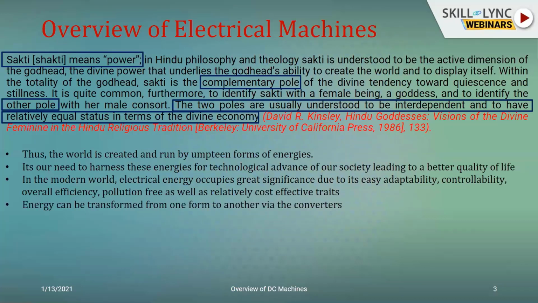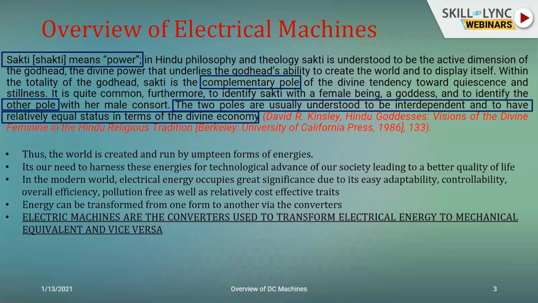So this transformation from electrical to mechanical or vice versa is possible through converters, and that is where electrical machines come into the picture. Electrical machines are these very converters that transform electrical energy to its mechanical equivalent if you're employing them as motors. On the other hand, if you're using these machines to generate power as a generator, then you will be talking of the vice versa condition, wherein the mechanical input is utilized to give out its equivalent electrical output. Of course, keeping in mind that there will be certain unavoidable losses.